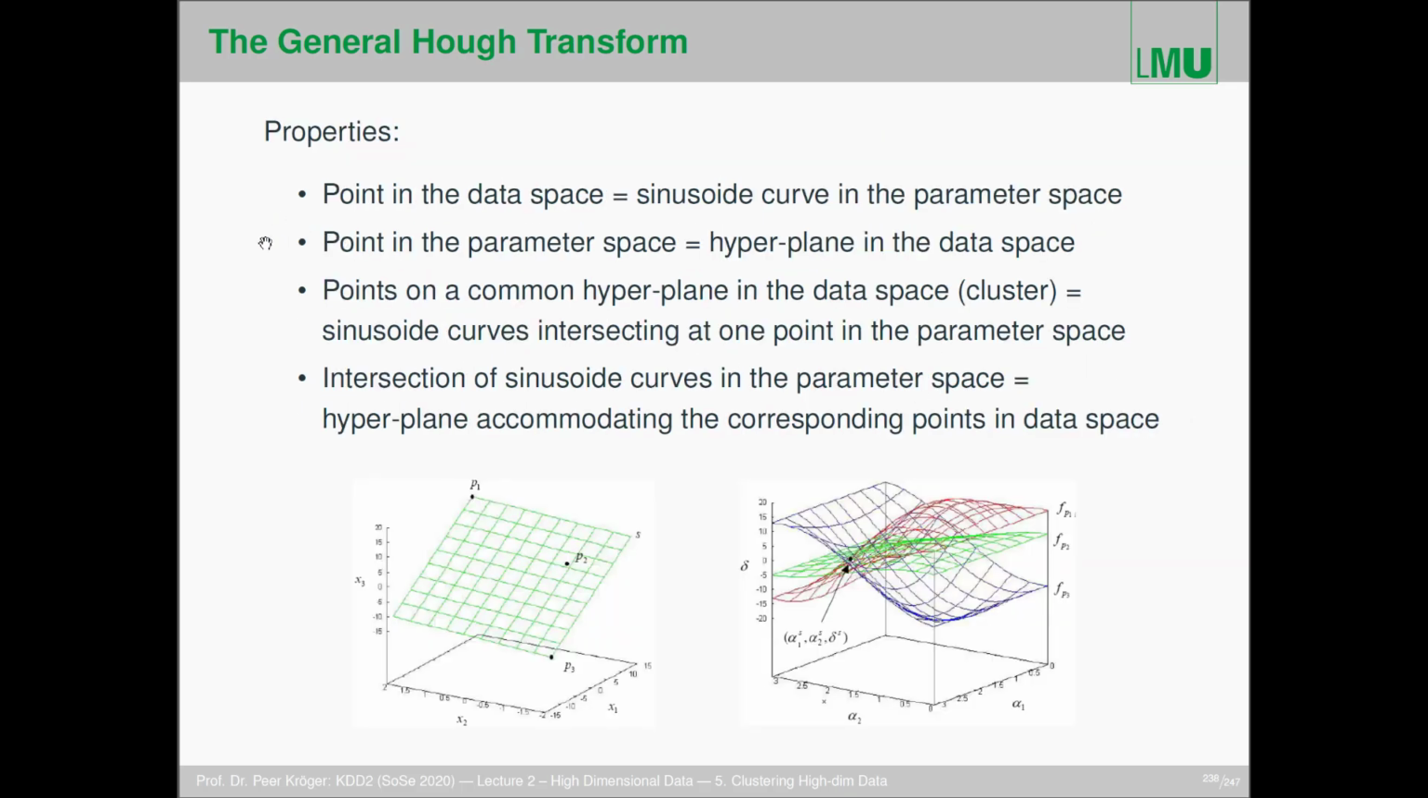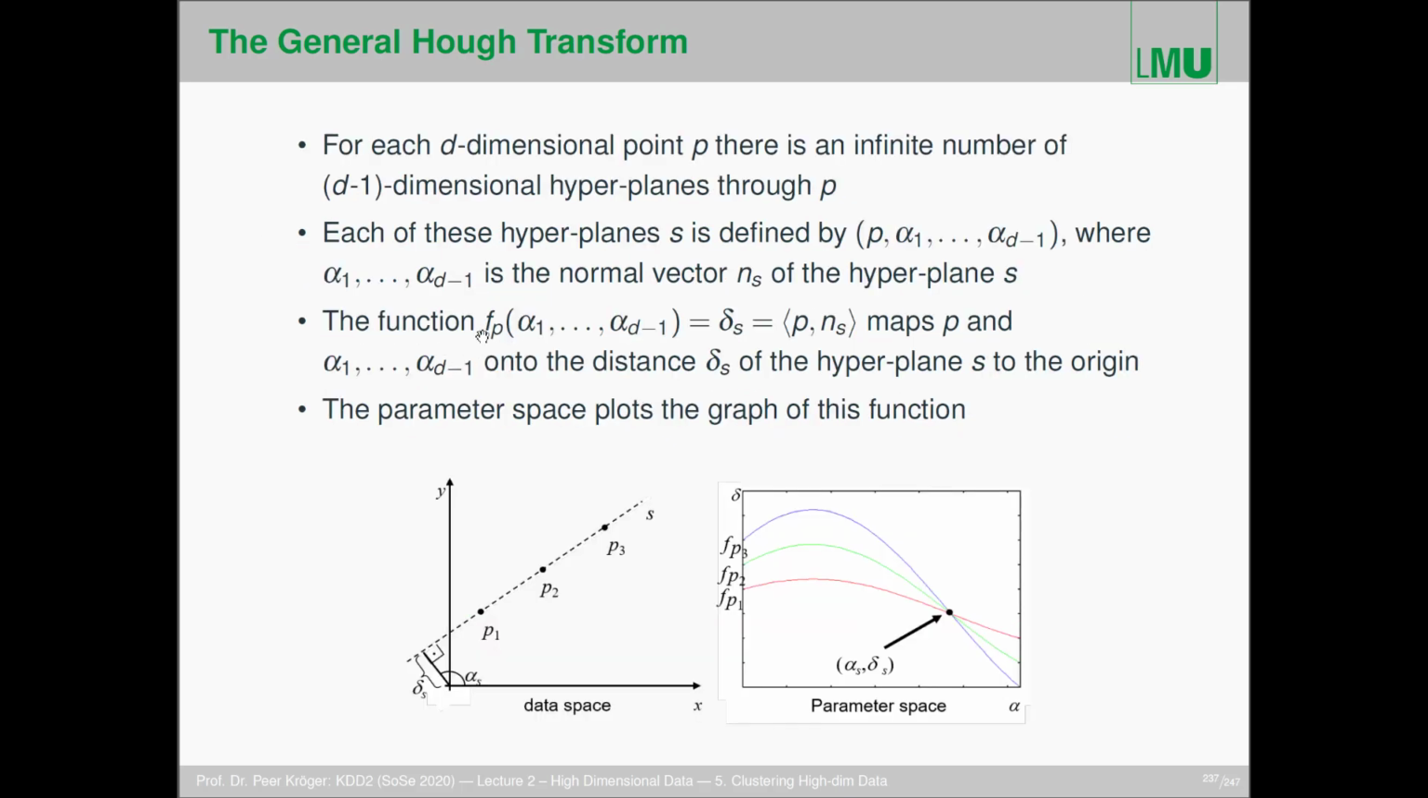And the property of this parameter space, or of this transformation, so this function is actually the transformation. So we transform each point into a function in the parameter space. So you see here, it looks like a sinusoidal curve, and we will have a look later why that is. So for example, fp1 here, this red line here, this is the graph of the function for p1, which